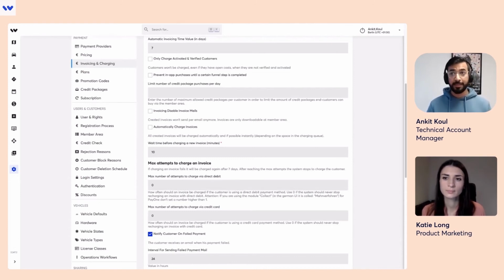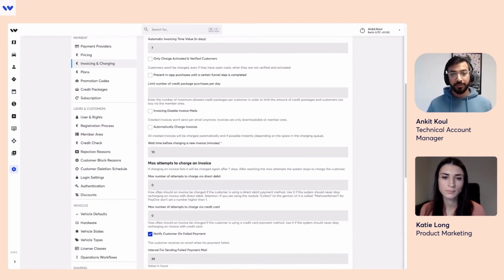So for example, if there is a credit card, you can set up that you can charge this credit card 5 times, not more than that. Or if there is a direct debit, try it 2 times, because if a direct debit is not going through 1 or 2 times, it's probably the customer is not going to pay for this. So this is not lost revenue.